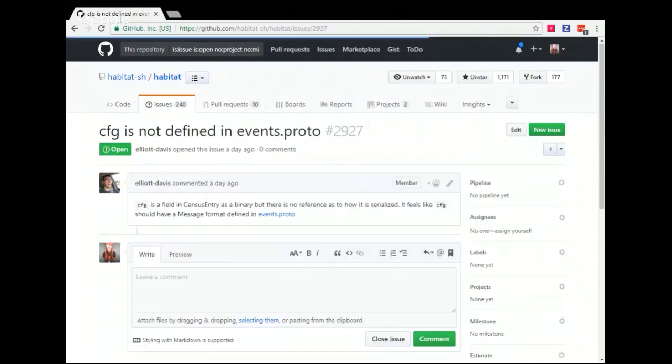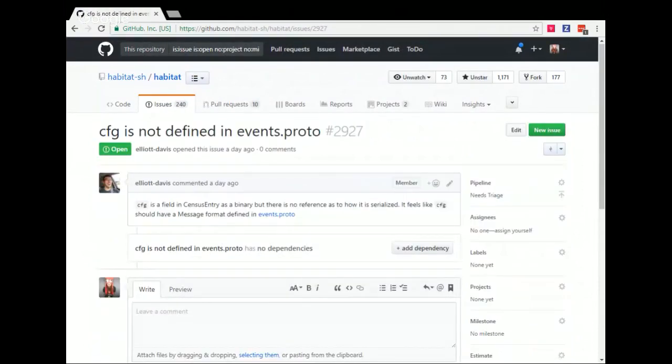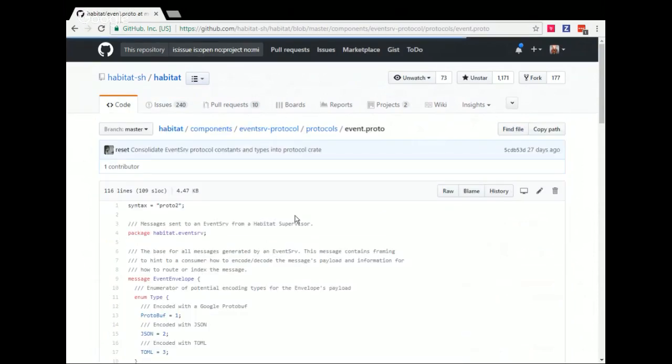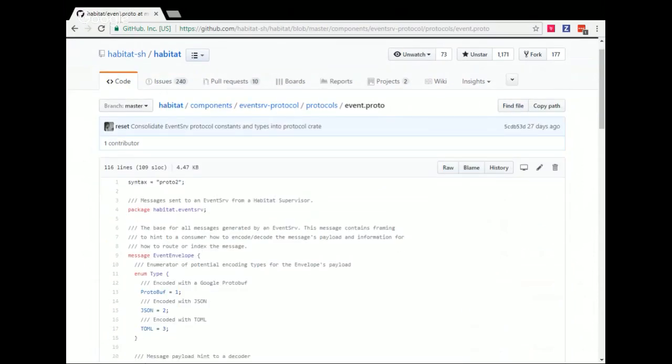2927, an issue from Mr. Elliott, who is not on the call. I'll give everybody a minute to read through this as well. Elliot also put a link to where this exists in the event server protocols.